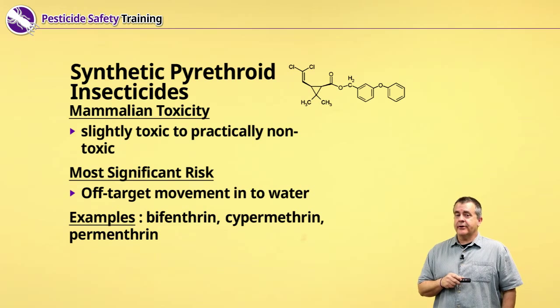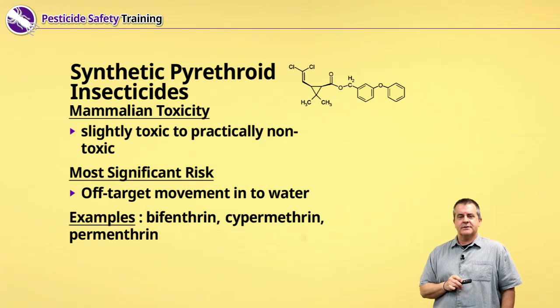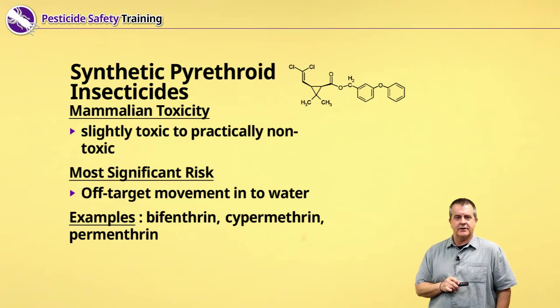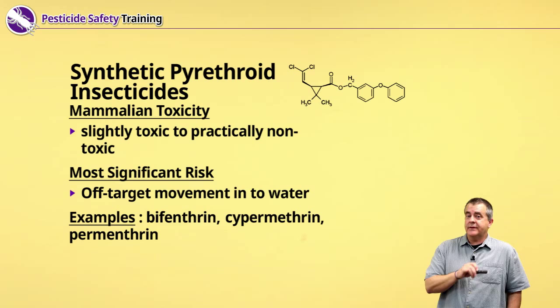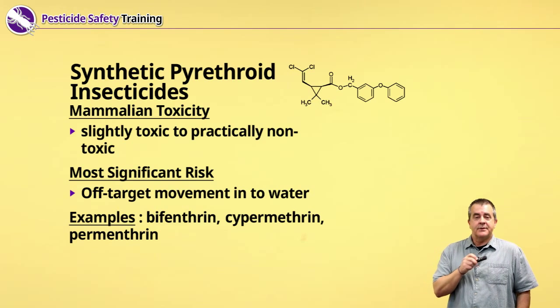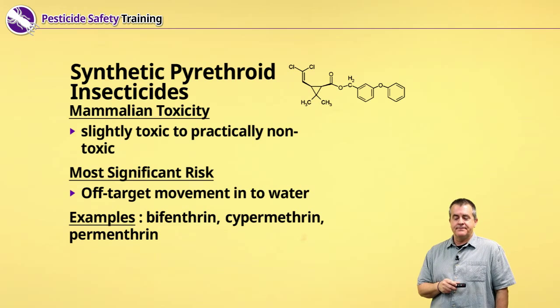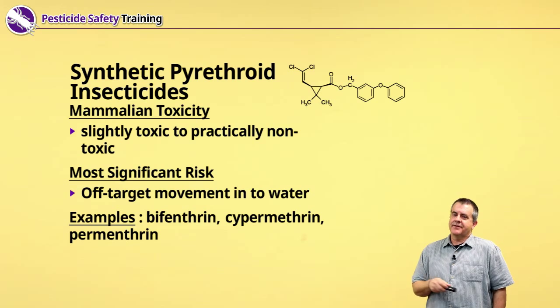The example I gave earlier about the insecticide accidentally sprayed onto pavement and then the sprinklers coming on, just that simple mechanism is a way that these kinds of insecticides get into waterways. So if you follow the label of these synthetic pyrethroids, you're going to see: don't spray them onto hard surfaces, and make sure to not spray them before rainfall or irrigation. Some examples of these synthetic pyrethroids are bifenthrin, cypermethrin, permethrin. In fact, if it ends in thrin, it's a synthetic pyrethroid.